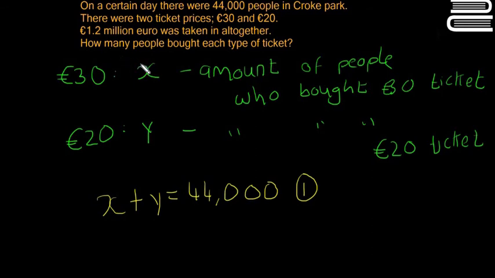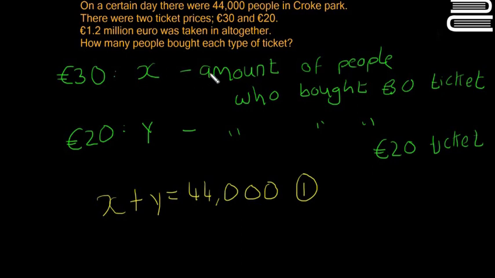So every person who bought a €30 ticket gave €30, and the number of people is x. So if you multiply x by 30, you're going to find the amount of money they got from the people who bought €30 tickets. Say there were 20 people who bought €30 tickets, obviously there's going to be much more. That means they would have made 20 by 30, which is €600 from those people. Does that make sense? For x, the amount of people multiplied by the money each person gave